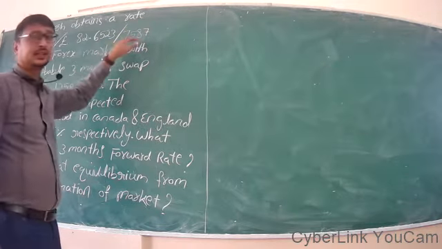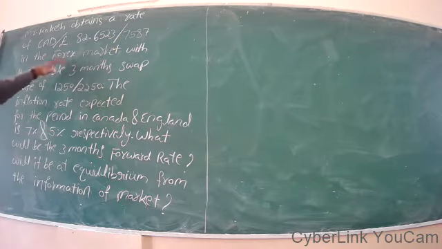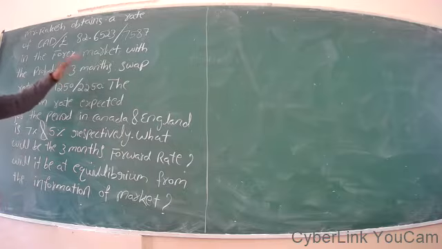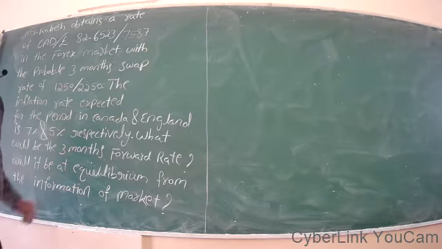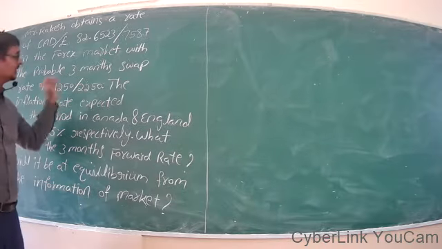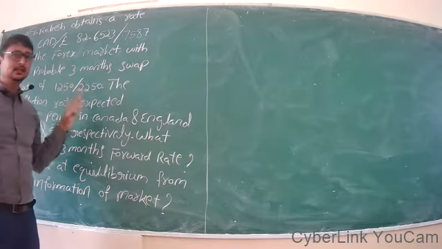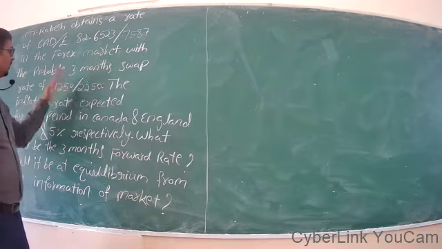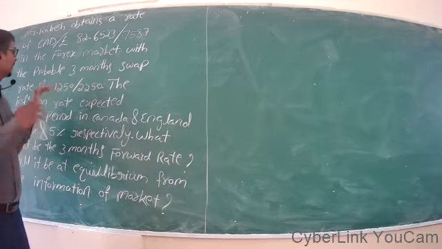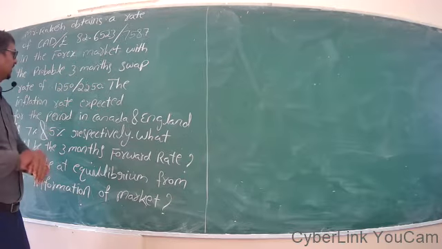In the given problem, an individual obtains a rate of Canadian dollar per sterling pound 82.6523/7587. Four digits are the pips in the forex market with the probable 3 months swap rate. Probable in the sense this swap rate is given by a certain bank. The bank is offering this swap point, that is 1250/2250. It is in increasing order, so we have to add it to the spot rate.